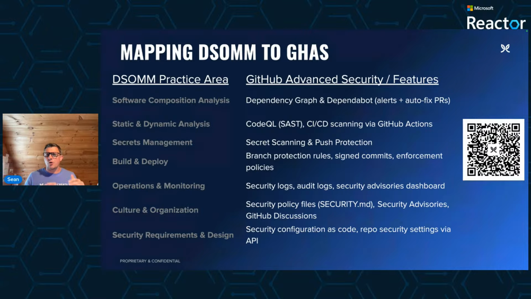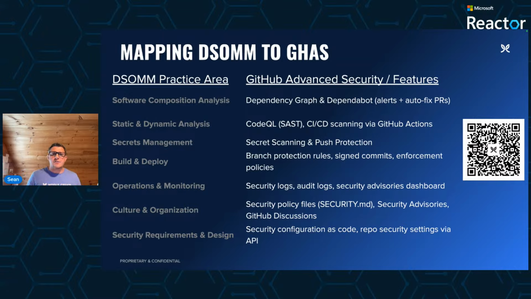Now, just to quickly go over, and we'll go a little deeper into this, but to go over quickly some of the features of GHAS, we have CodeQL for advanced static analysis, secret scanning, which detects exposed credentials, dependency graph and Dependabot identify vulnerable libraries and automate updates, security advisories track and address vulnerabilities, push protection prevents secrets from being committed in the first place, and then security policy enforcement is done using things like branch protection and signed commits to enforce those standards across teams.